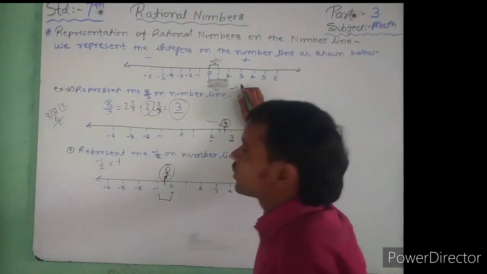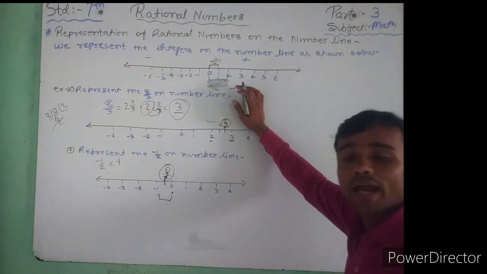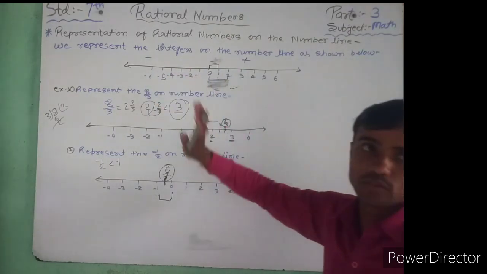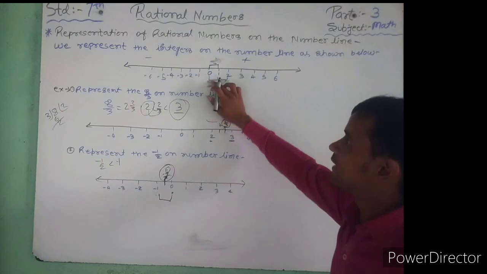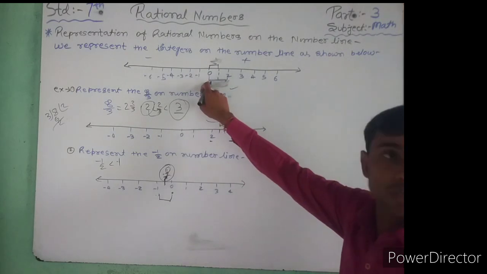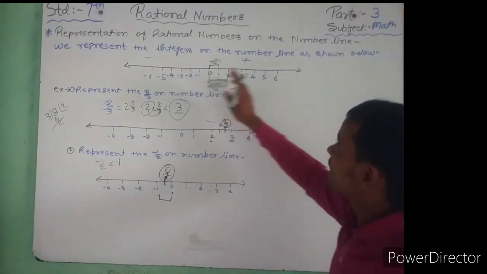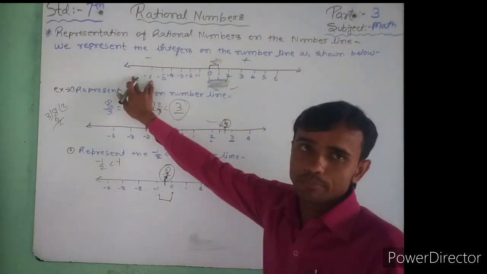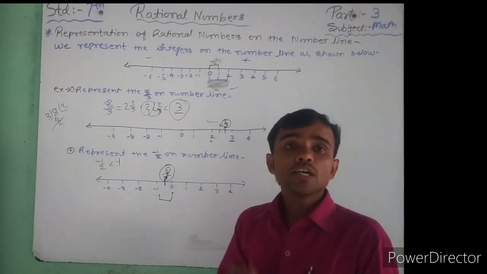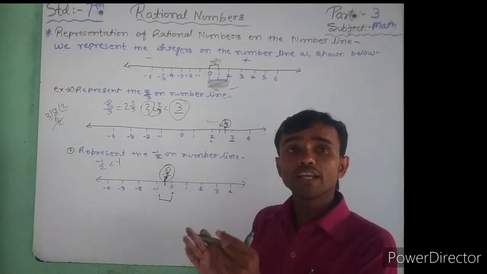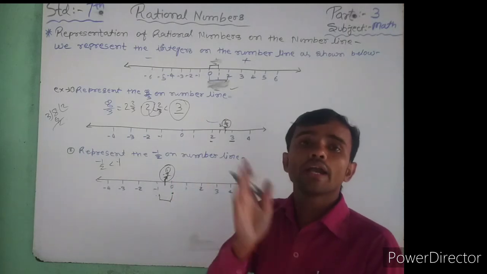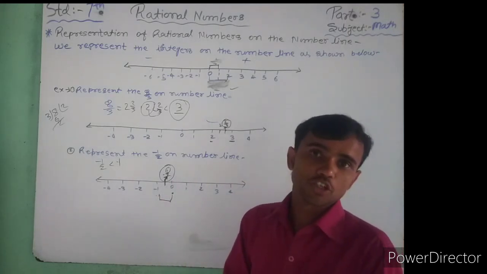The representation of a number is very simple. Firstly, divide the line in two parts, one positive and the other negative, and the point between them is 0, which is neither negative nor positive. Write positive numbers on one side and negative numbers on the other. If you want to represent any number, first look at the whole numbers, then with the help of the denominator, divide the gap into that many parts, take the numerator number of parts, and write your answer, the representation of that number.